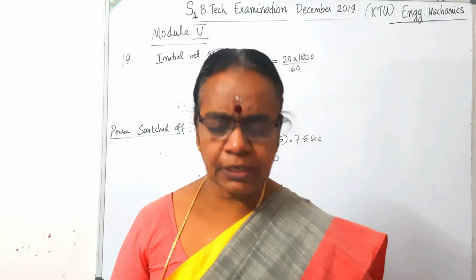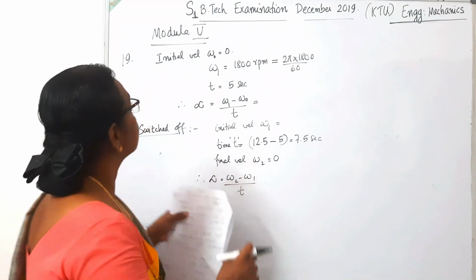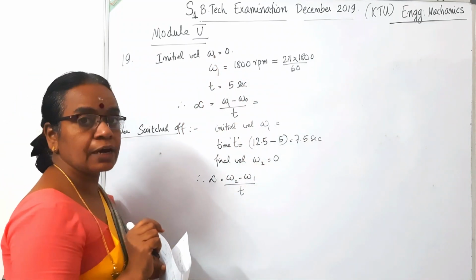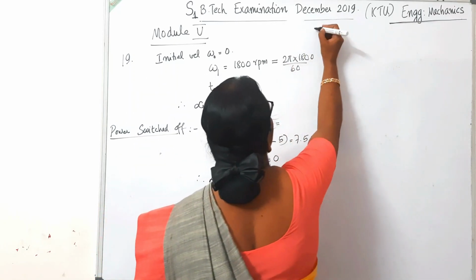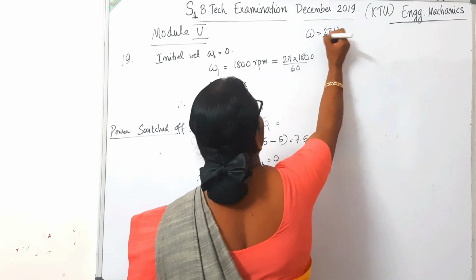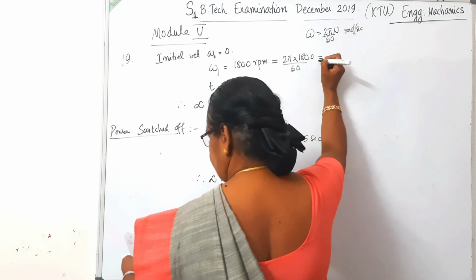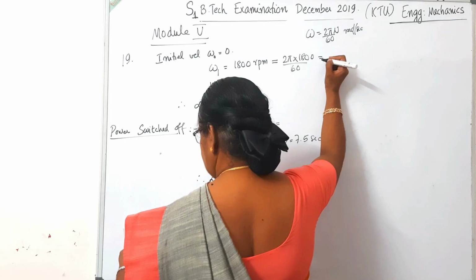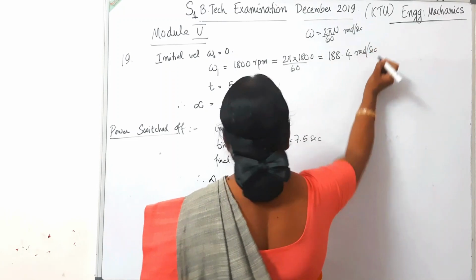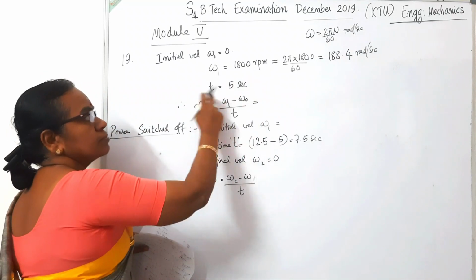So it is also a direct question, not much confusing, simply application of formula of constant acceleration. So if motor starts from initial velocity 0 and it gains a speed 1800 rpm, if the speed is given in rpm, you have to convert it into angular velocity, omega is equal to 2 pi n by 60, to convert it into radian per second. So 2 pi n by 60 works out to 188.4 radian per second. So from this initial rest position up to this, it takes 5 seconds.